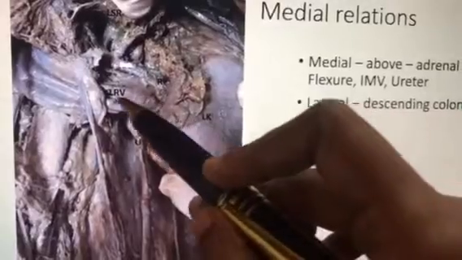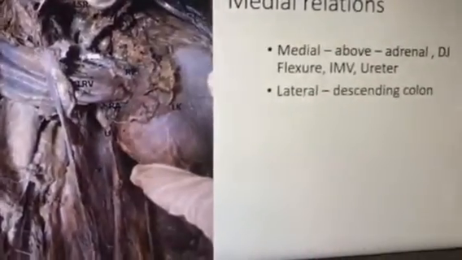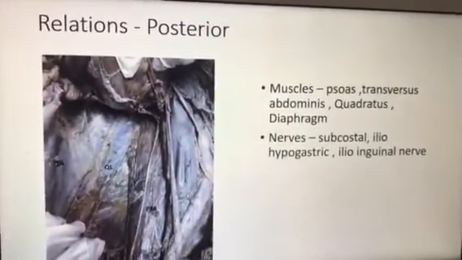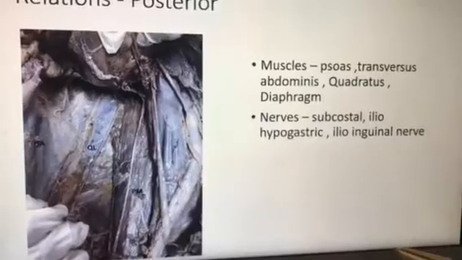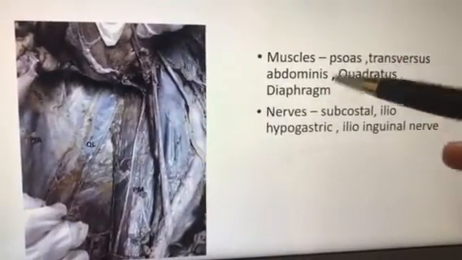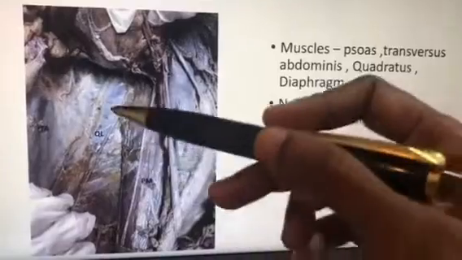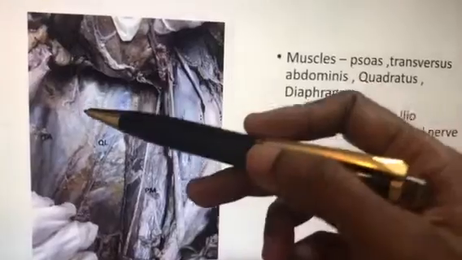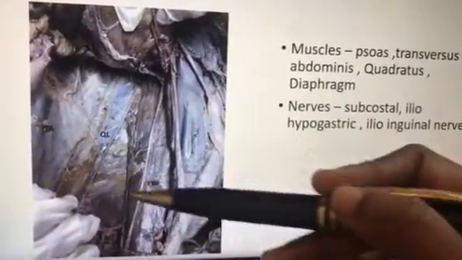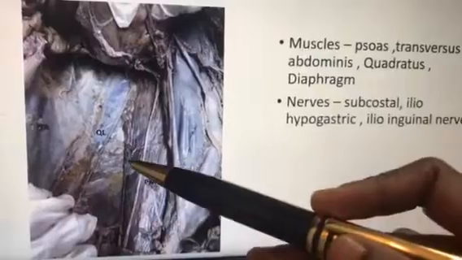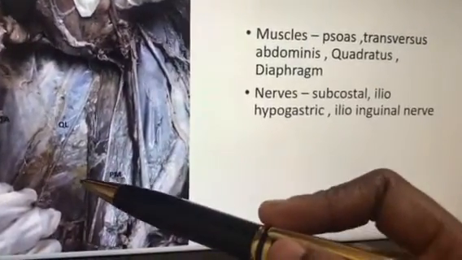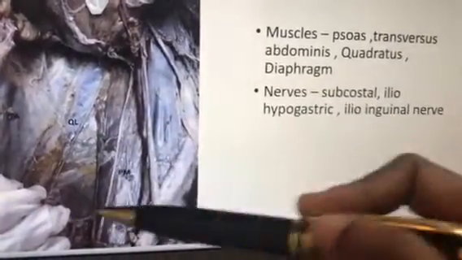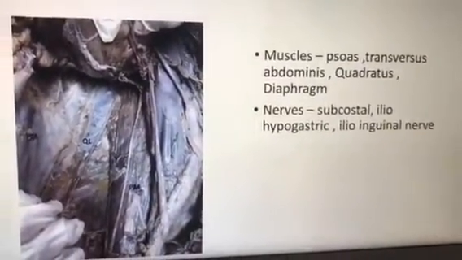See, look at the left renal vein is going here, and you can see the adrenal gland. Very nice dissected picture. And then next is the posterior relations. Posterior for both the kidneys you have to write the same relations. Even in the spotters it will be asked. The first muscle is psoas major, quadratus lumborum, and transverse abdominis. Repeat, psoas major, quadratus lumborum, and transverse abdominis. These are the three important muscles, and the nerves related to this: subcostal nerve, ilioinguinal, and iliohypogastric. These three nerves you have to mention. For both the sides you have to write the same nerves.